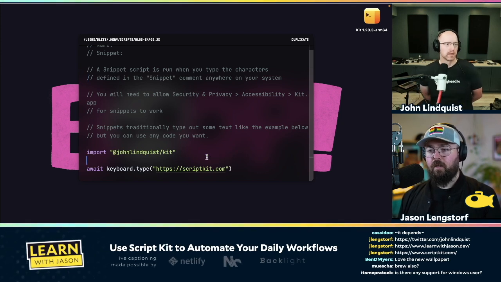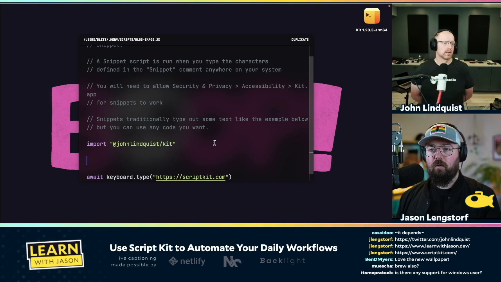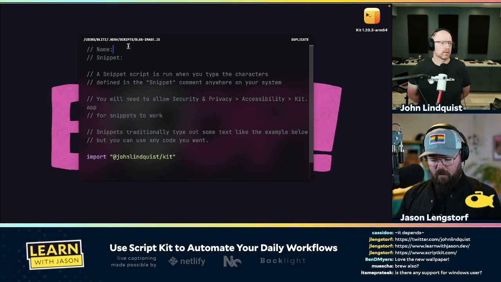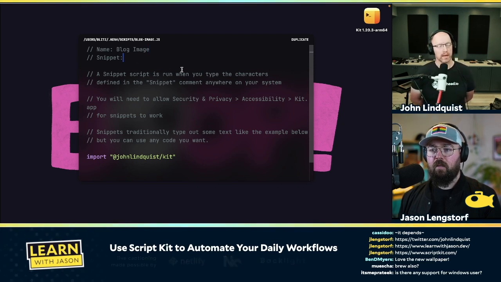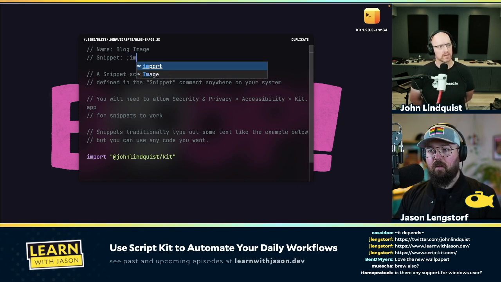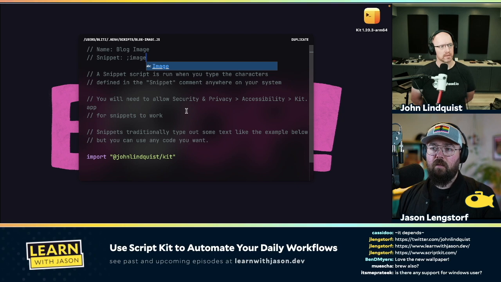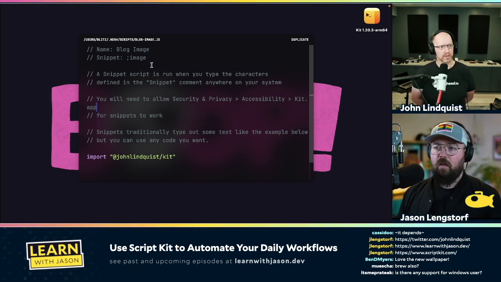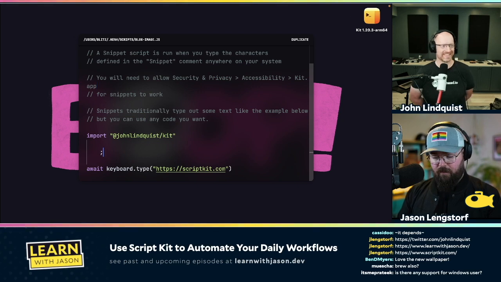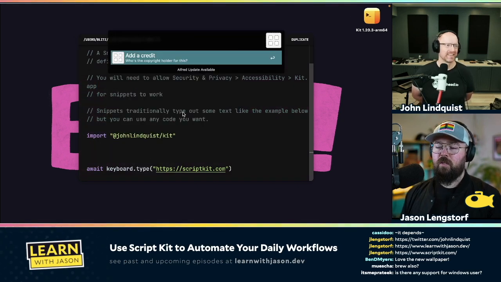Gotcha. Okay, so what I want is, we'll call this a blog image. The snippet, is that what the expander is? Yeah. So you can type any text and it'll watch for you to enter. Just make it different than the other one so they don't run at the same time. Yeah, I think what I have for this one is, yeah, so this is my